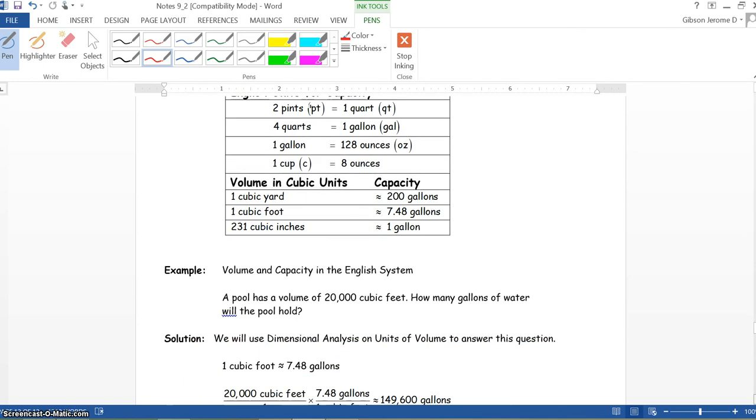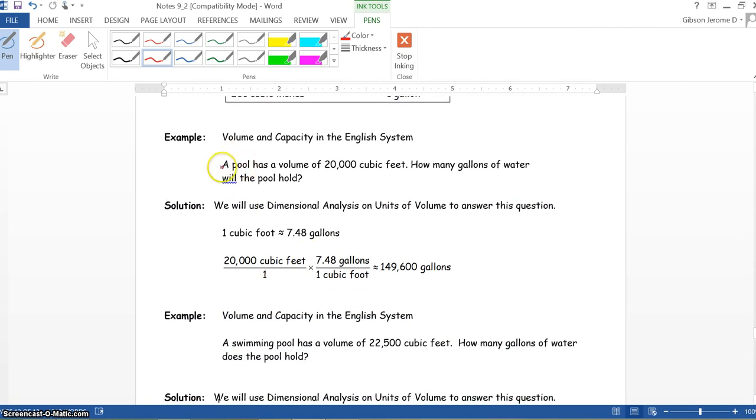Now, it says volume and capacity in the English system. A pool has a volume of 20,000 cubic feet. How many gallons of water will the pool hold? Now, we have to do this dimensional analysis. So we had 20,000 cubic feet, and we know 7.48 gallons is the same as 1 cubic foot. So the cubic feet simplify out, and we take 20,000 times 7.48, which gives us approximately 149,600 gallons. And that is the final answer. We can cross out these cubic feet and show this as